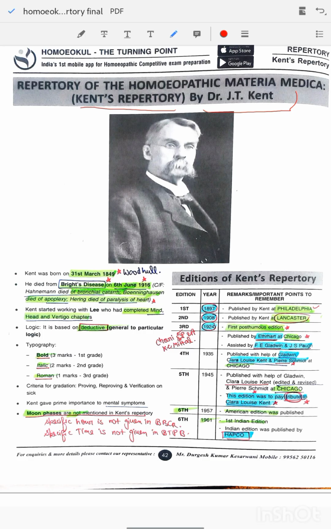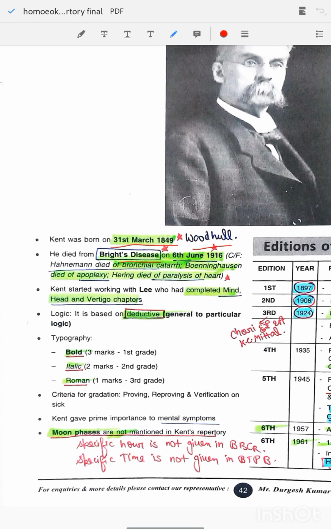Okay. So Kent sir was born on 31st March 1849 in Woodhull. He died from Bright's disease on 6th June 1916, whereas Dr. Hahnemann died due to bronchial catarrh. Bönninghausen died due to apoplexy and Hering died due to paralysis of heart. In Kent repertory, you will see that Kent started working with Lee and he completed Mind, Head and Vertigo chapters